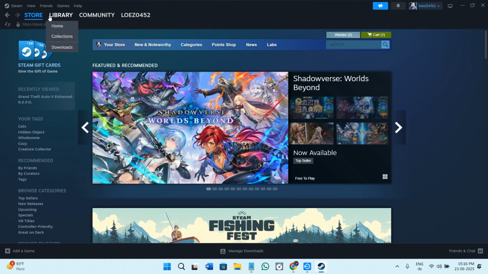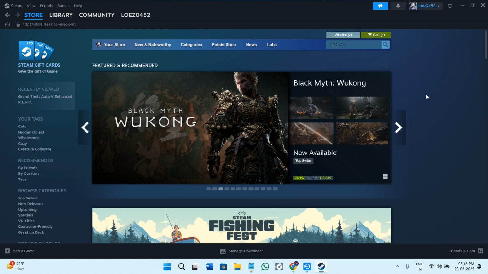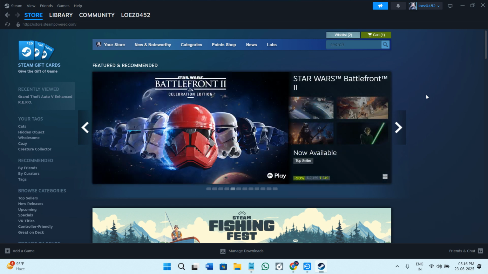First of all, you need to open your Steam mobile application or Steam launcher on your desktop or PC. Now, once you are in your account, you will see your account's username in the top right hand corner of the screen. So this is your Steam account name that is used to log in, and if you want to change that, this cannot be changed. But your profile name, the name that your friends and the other players see, can be